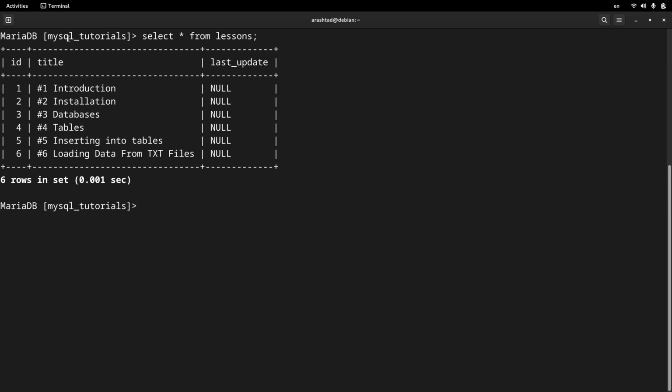I'm logged into the server and I'm using MySQL tutorials database, and the lessons table that we have has a column called last update. We want to create a trigger so whenever we update one or more of these records, the trigger is activated and updates the last update field of that updated row or rows with the latest timestamp, latest date and time. The date and time will be calculated by the MySQL server itself, and the trigger will be executed after or